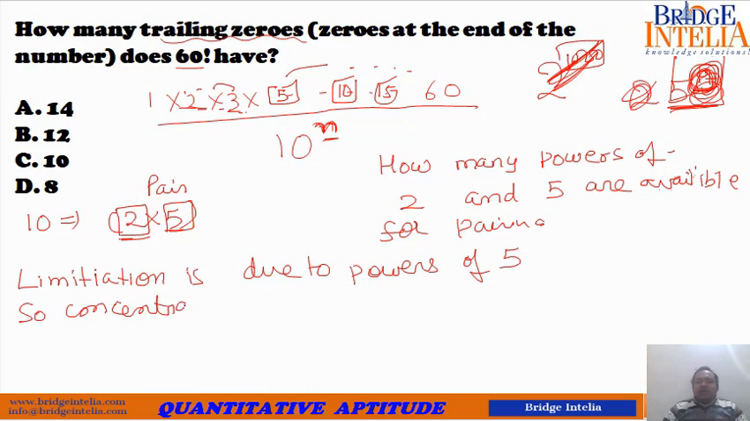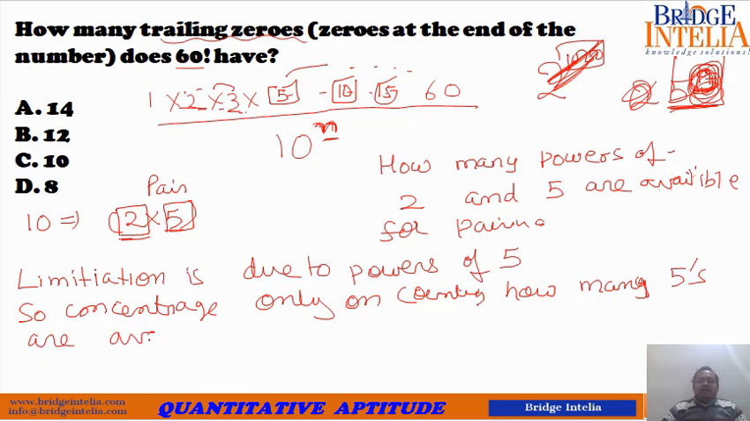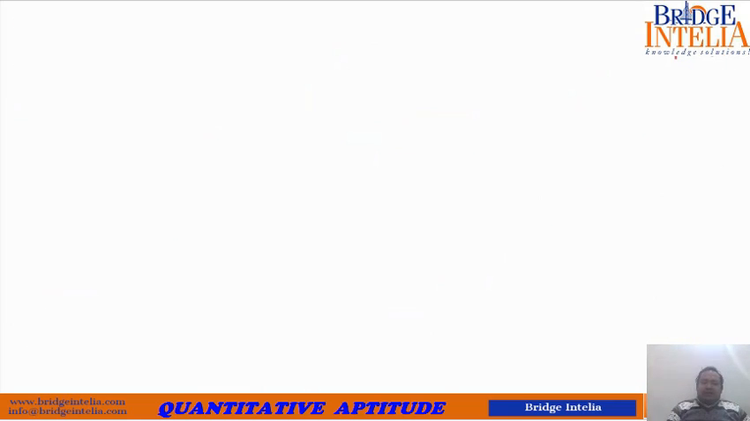So concentrate only on counting how many 5s are available for pairing. So this is the concept. When you are asked to find the number of trailing zeros, don't bother about 2, simply bother about 5. So the ultimate meaning of the question changes. So the meaning of the question now becomes